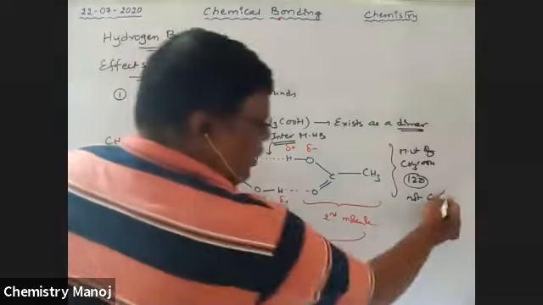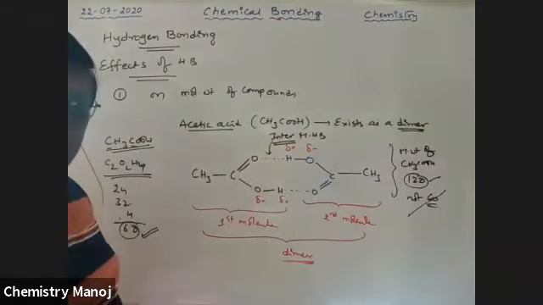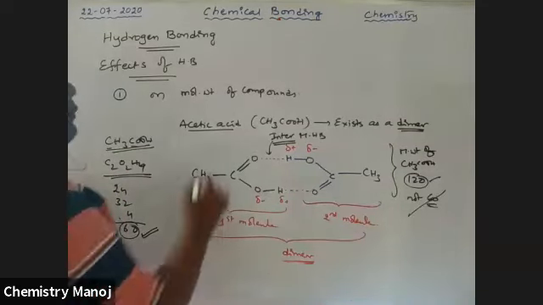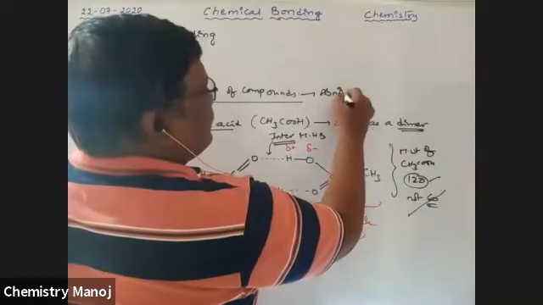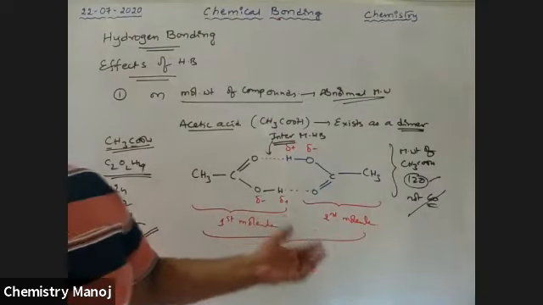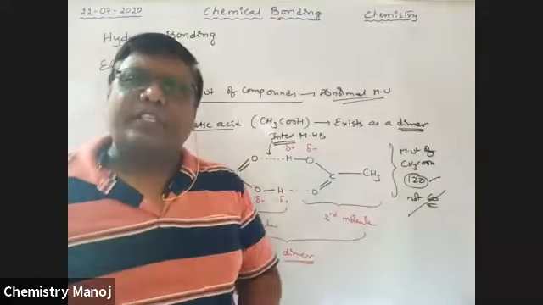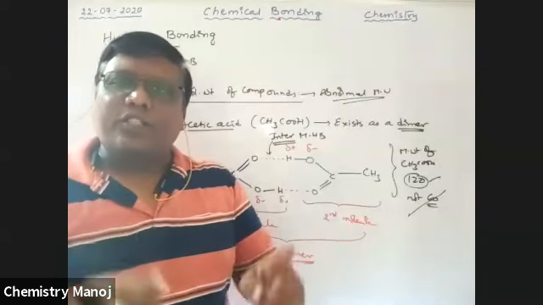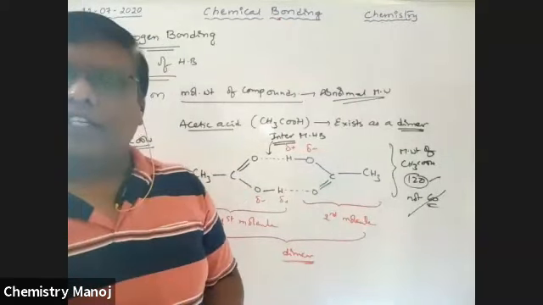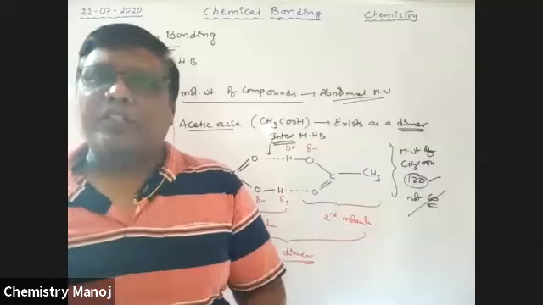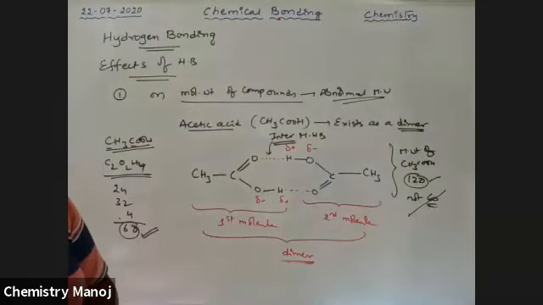And so that is why it is not 60, it is 120. That means the molecular weight is doubled because of this dimerization, which is called abnormal molecular weight. Normally the molecular weight is 60, but acetic acid exists as a dimer, so its molecular weight is doubled. This abnormal molecular weight is due to the dimerization of acetic acid, that is, due to intermolecular hydrogen bonding. That means intermolecular hydrogen bonding affects the molecular weight of molecules. It is one of the effects caused by intermolecular hydrogen bonding.